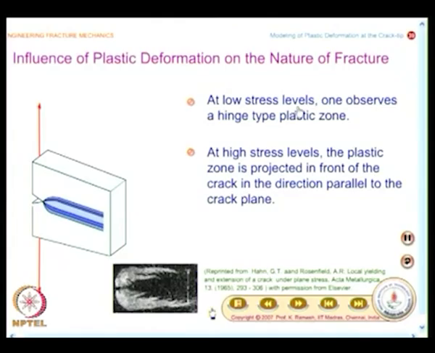At low stress levels, one observes a hinge type plastic zone, that is what is seen here. At high stress levels, the plastic zone is projected in front of the crack in the direction parallel to the crack plane, that is what happens. And what you will have to now remember is the planes where the maximum shear stress occurs is different in plane strain as well as plane stress. See, this is very important,